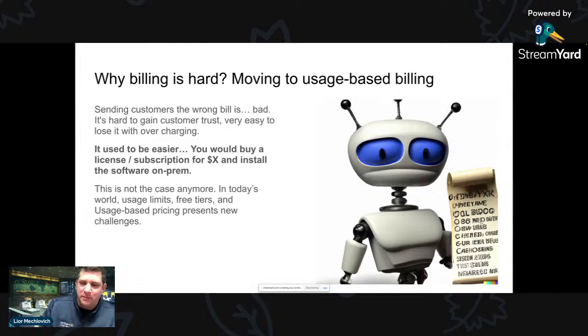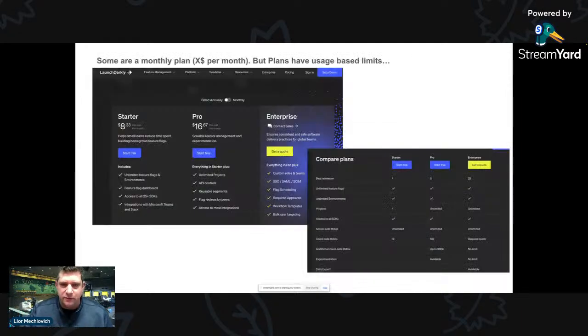Developers are much more aware of how well they need to meter usage to see what's actually going on. Almost every SaaS vendor today will give limits. We'll start from a free tier. You're going to be able to use X number of calls for free, and then the next tier, in a package, and maybe usage based. So it became much more complex. And let's go over a few of those examples.